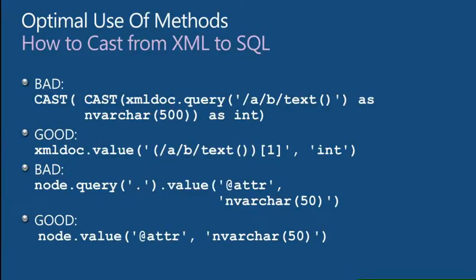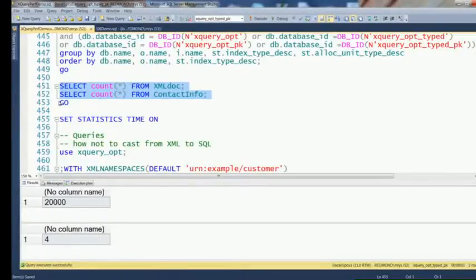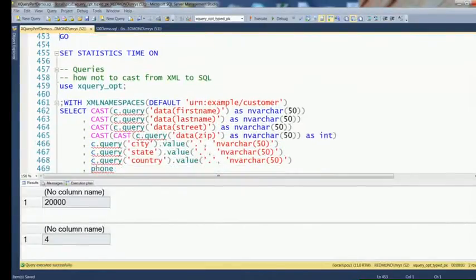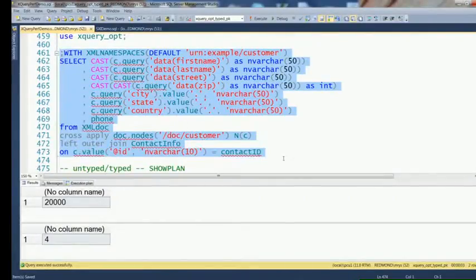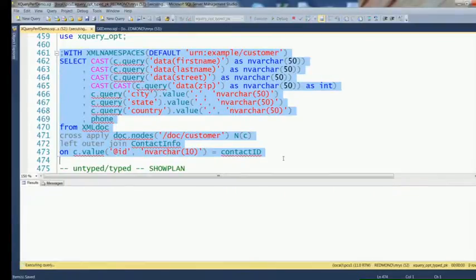So let's go and show that on the query side. I set statistics on, so we should be able to see it. We have the query plans on, so we can see that as well. So let's do the first query. This is a query here that does the two things that I just mentioned. It's casting over XQuery several times, potentially, to get to my SQL type. And it's doing that query thing with the value method. This time it's doing it the other way around by saying value dot. So if I run this query here,